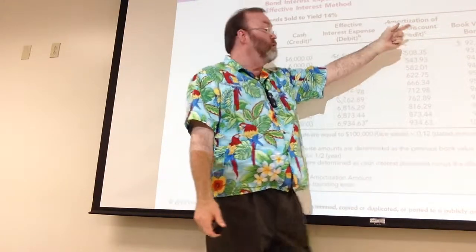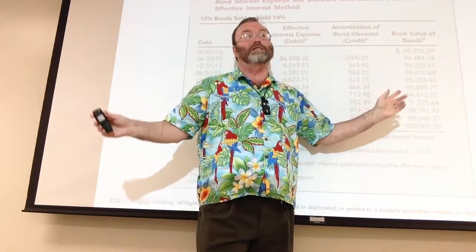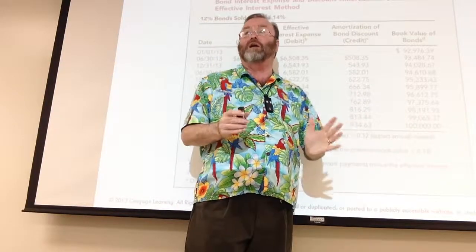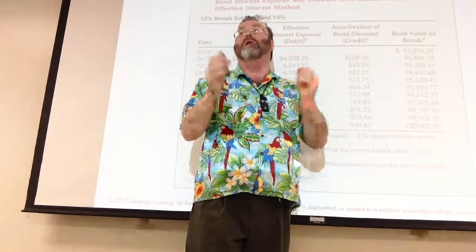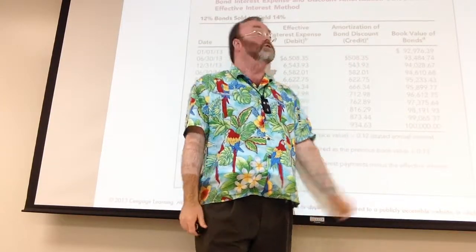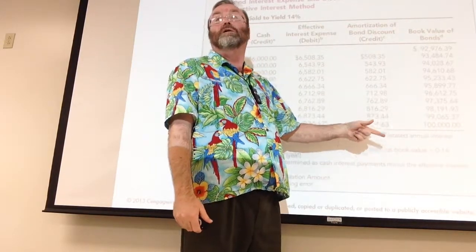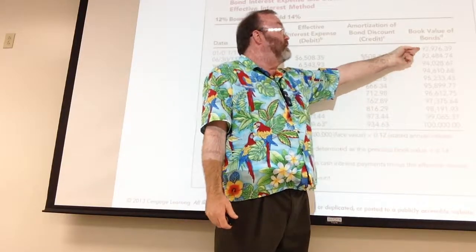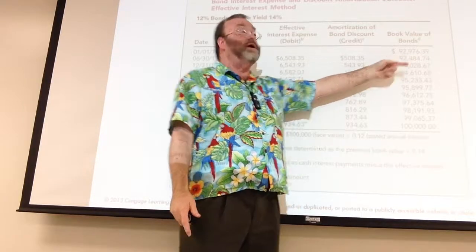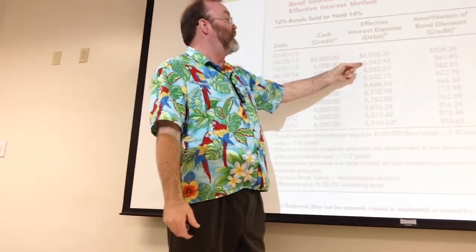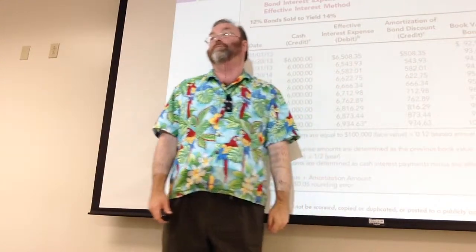And you always know, because what's the end objective? Whether it's a premium or a discount, at the end of the 5-year period, the whole bond has to have a book value of $100,000. So in this case, you need to add to it each 6 months, because that's the only way you get from 92 to 100. You got to increase it. Now you've got a book value of 93. Multiply that by 7%, $6,543, an amortization of $543.93.